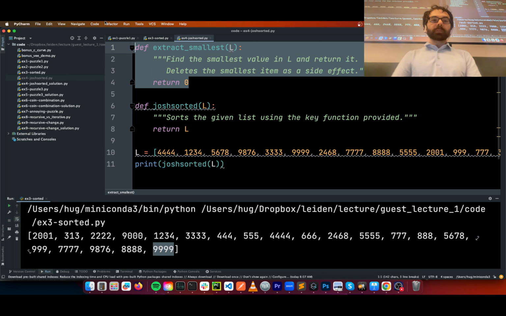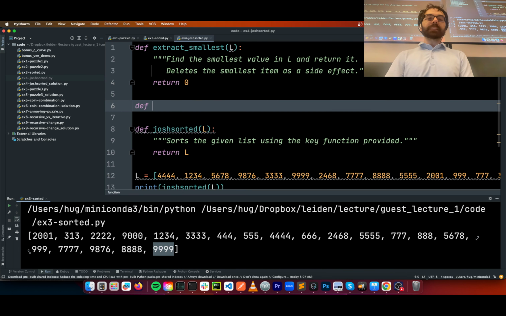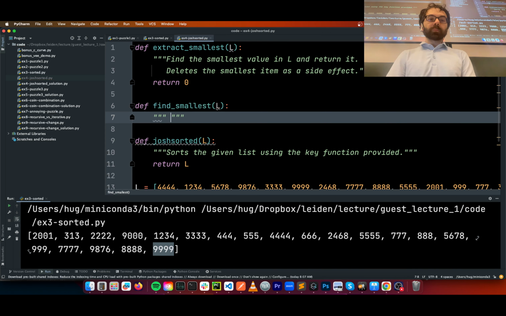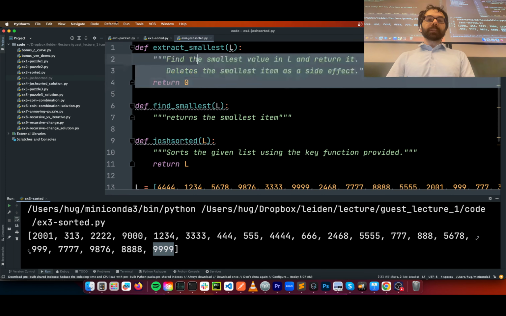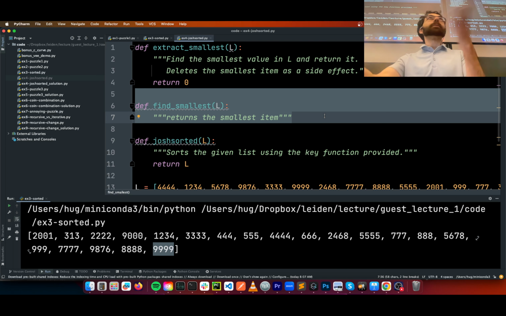Okay. So why am I using this function? Well, because I decided it would be good for lecturing. But it's the choice about what abstractions you're going to support that's really important, and it makes all the difference in how well your program runs, how hard it is to write. That's something you'll come to discover later. I could have written something else entirely, like just find smallest, which just returns the smallest item. To you, there should be no obvious reason why this is better than this, but for me, it's going to be a little easier to talk about during lecture.